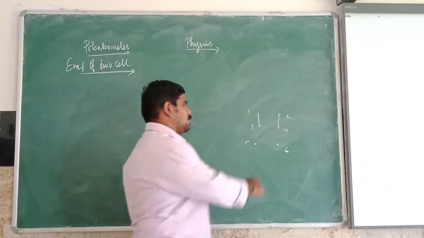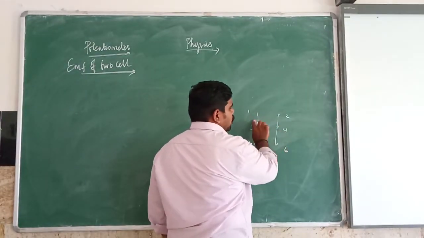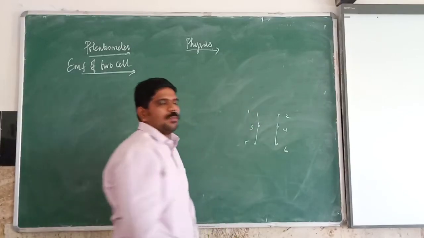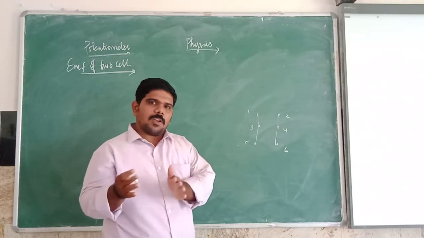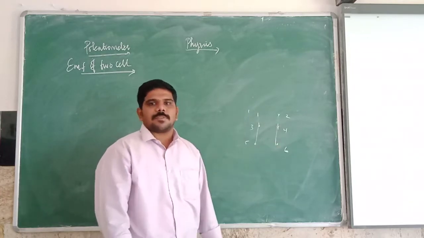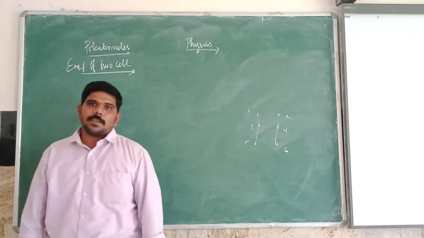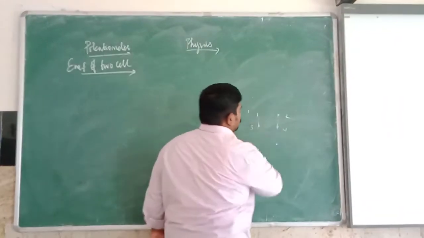At the same time, when terminals 3, 4, 5, 6 are connected to the circuit, the terminals 1 and 2 will be thrown away from the circuit. This is the DP/DT switch. When one double pole is connected to the circuit, the other double pole is thrown away from the circuit. The switch is called the DP/DT switch. Okay? Clear? Clear.